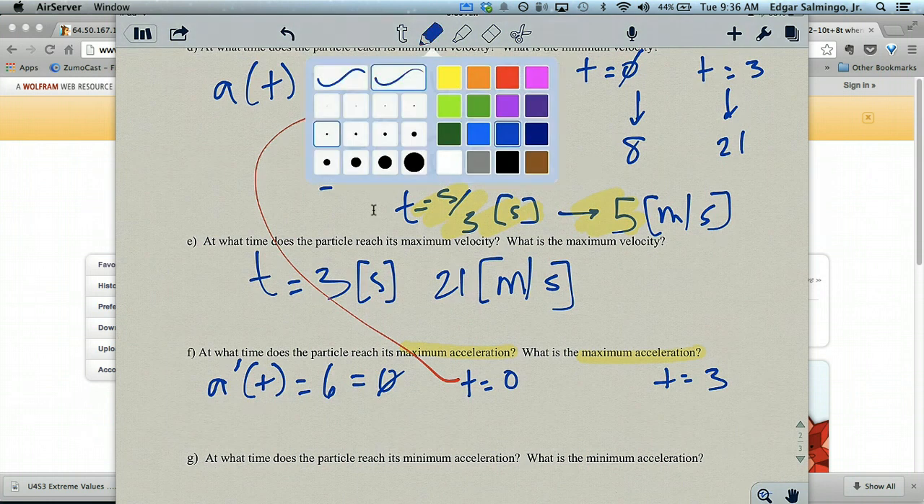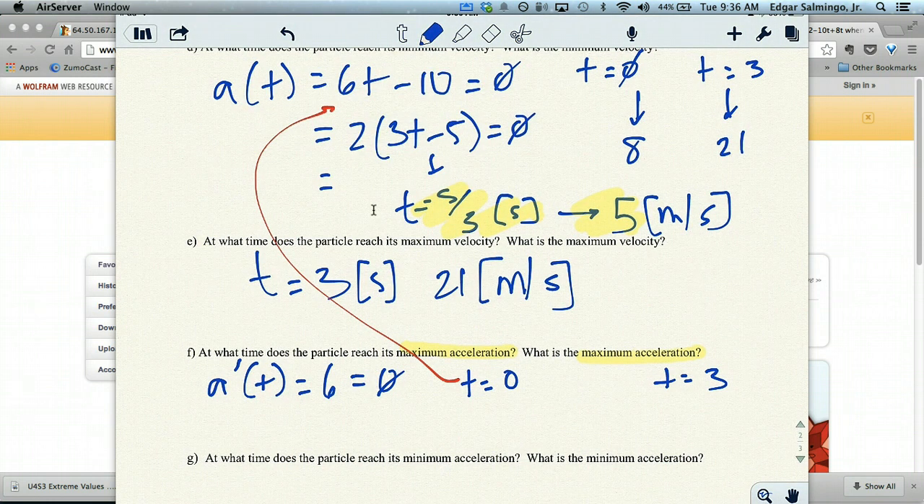These ones are small enough where I could do this in my head. If I plug in 0, I get negative 10 acceleration, meters per second squared. If I plug in 3, sorry, if I plug in 3, I get 8. My fault. Plug in 3, 6 times 3 is 18. 18 minus 10 is 8